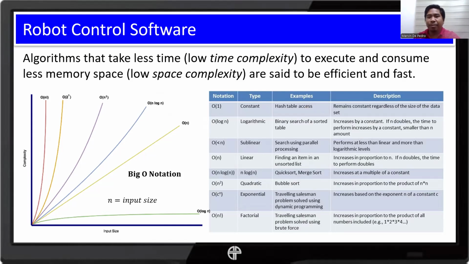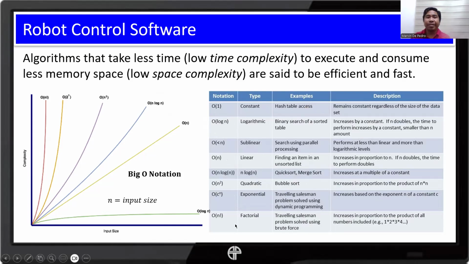We want the algorithm to take as small space as possible. And we usually compare algorithms using their big O notation. You can observe some algorithms have O of 1, O of log n, and so on. And we have these examples of algorithms. You can observe them, right?